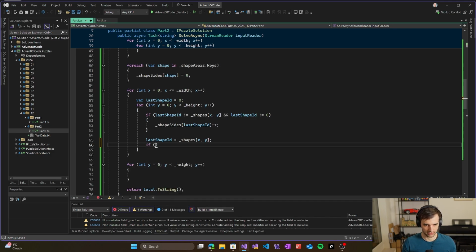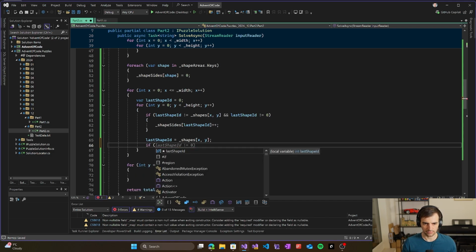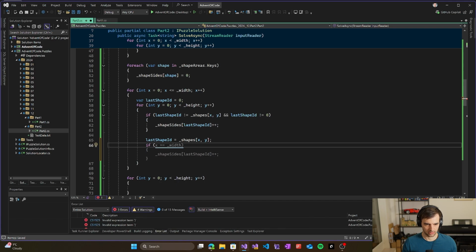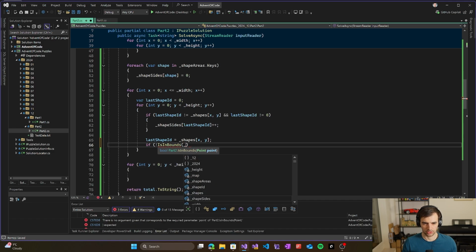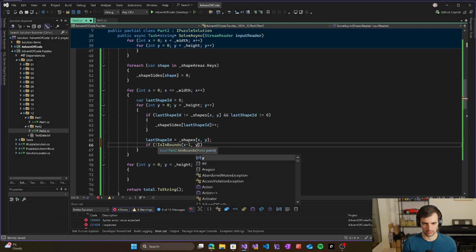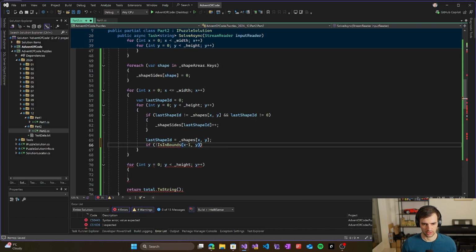So if it is in bounds, if it's not in bounds, so map, no, x minus 1, y, if it's not in bounds,